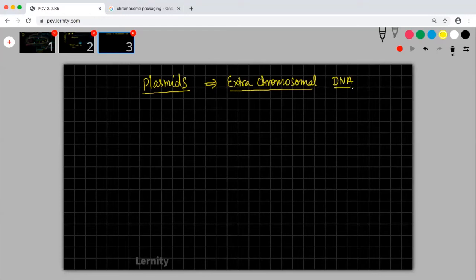Okay, plasmids are extra chromosomal DNA. They give specific